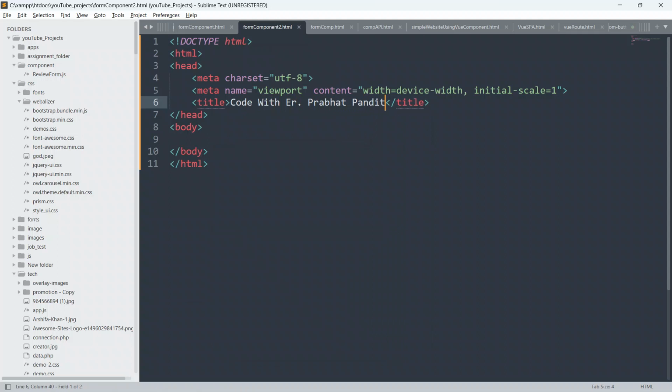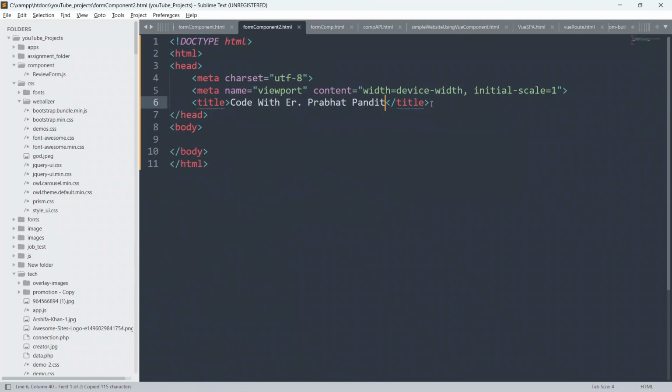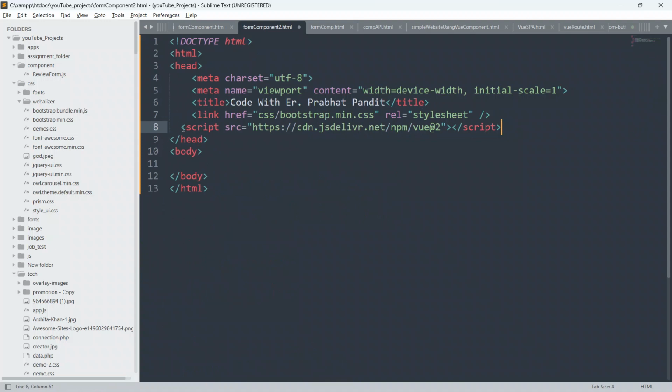Okay, so guys, first of all, I would like to paste some of the CDN links from the previous example. So let me go to the previous example first and copy the CDN links from there. I'm going to copy these CDN links and paste them here in our code. Let me just explain. As you can see here, this is the CSS file for Bootstrap. I have a folder named CSS, and in that folder I have the file bootstrap.min.css. And this is the CDN link for Vue.js.